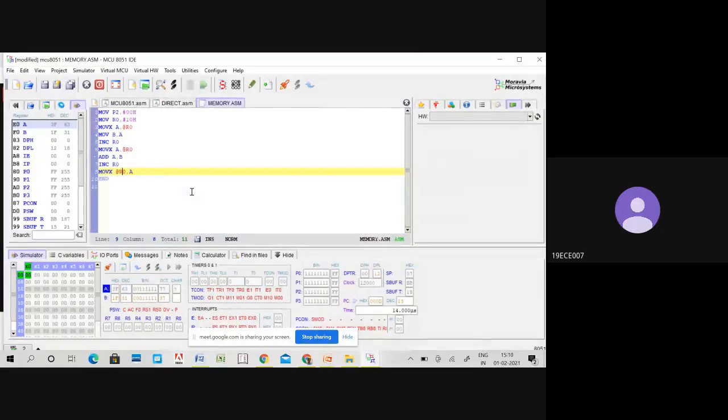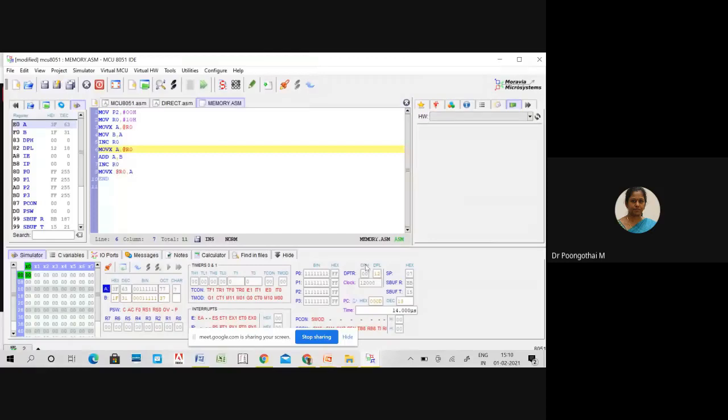Ma'am, but the result shows only the address. In the results, you have to write to the memory window, so you have to use @DPTR in the place of the destination operand. That is your question. Now if you look here, after accessing R0 we are transferring that value to the accumulator in order to perform addition. For that, one of the data must be in the accumulator. That is why ADD A, B.